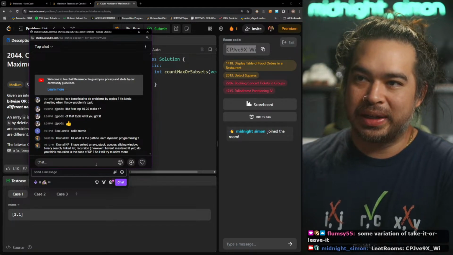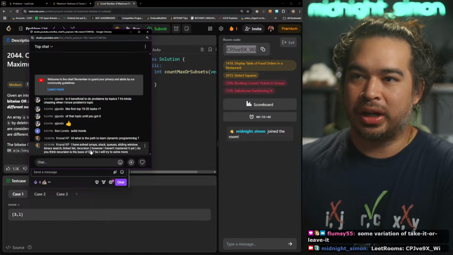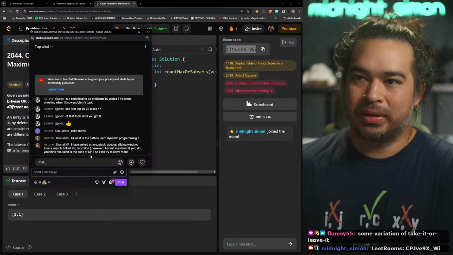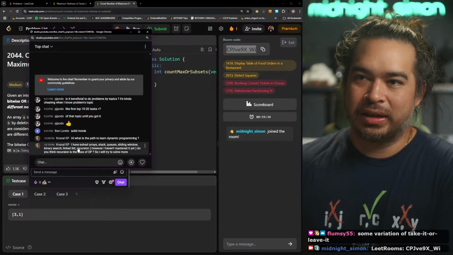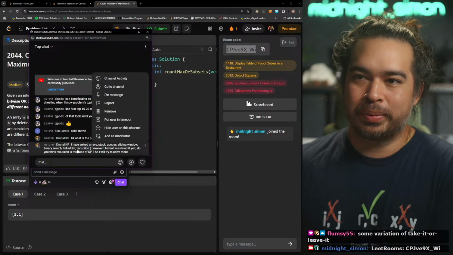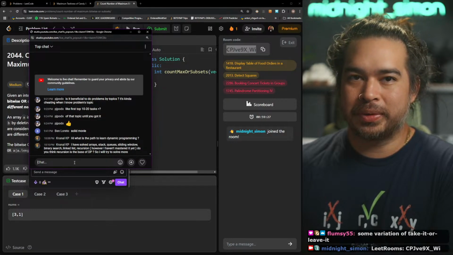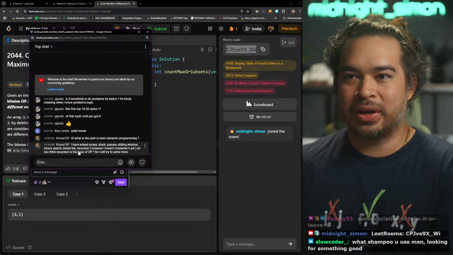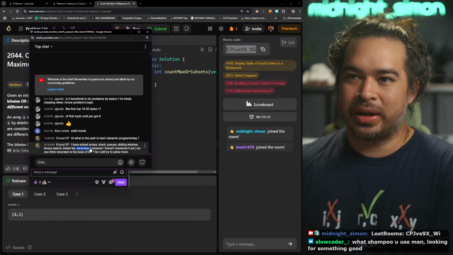I have solved arrays, stacks, queues, sliding window, binary search, linked list, recursion. However, I haven't mastered it. Do you think recursion is the base of DP? So I'll try and solve. Yeah, I think so. All right, hit recursion. Try and understand. Try and do some nice recursive problems. Try and practice brute force recursion, because that's usually how I do DP.